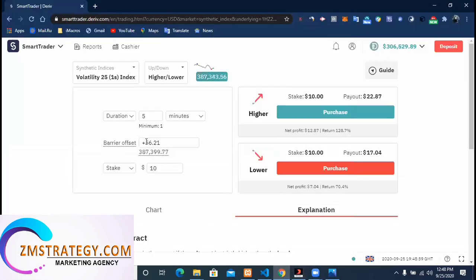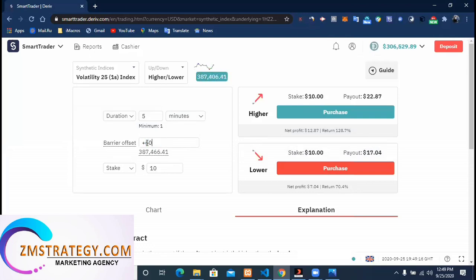Now if there is a plus here, it is going to be affecting the lower side. The idea of the plus is that it is going to be shifting your barrier up, which is adding value to your barrier to push it up. So if you change here to minus, let's say for example we want to make 10% and we take this to